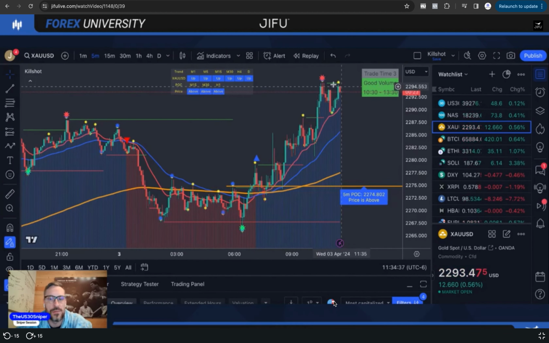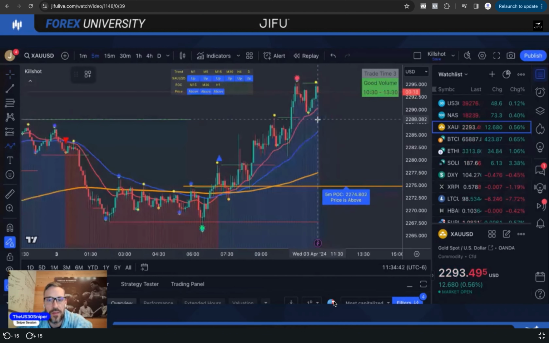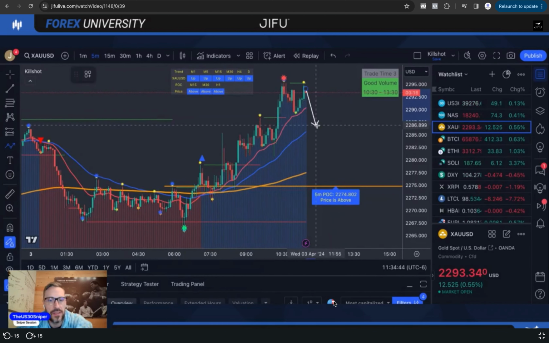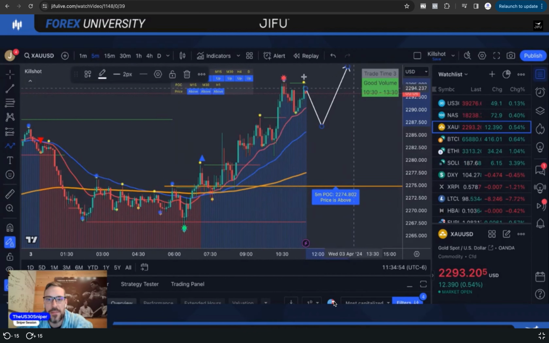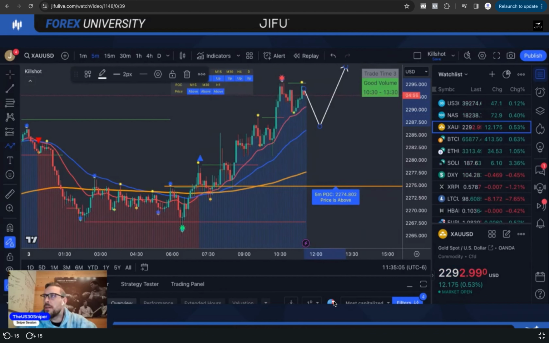You cannot jump into this move right at the top. So I want to see this. I don't know if it's going to come, but I do want to see this come back to the 50. So you can see there's a nice level there, nice level here, and then right back to this 50 and see if this thing wants to head back up. Give it some space from that all-time high. Try not to jump into a buy right at the top because it could just reject you or hit your stop and then move on its way. Okay, so that's what I'm looking for in all these charts.